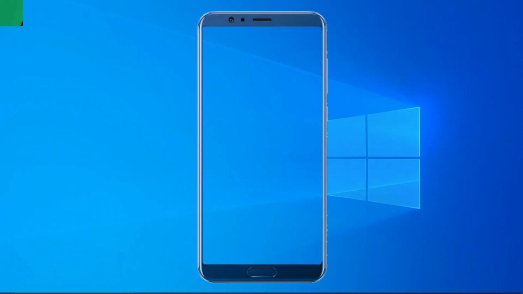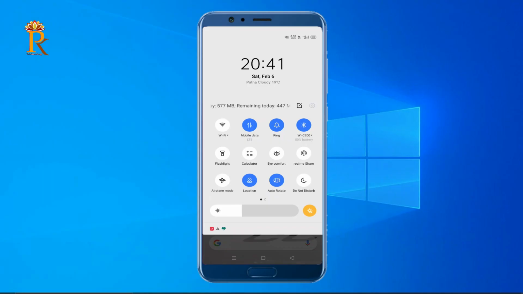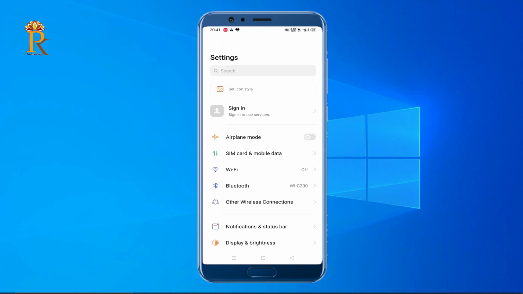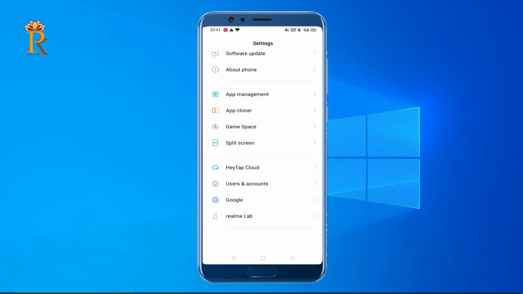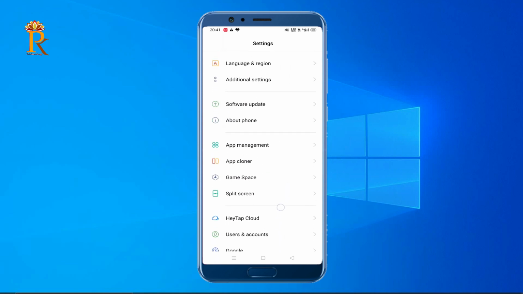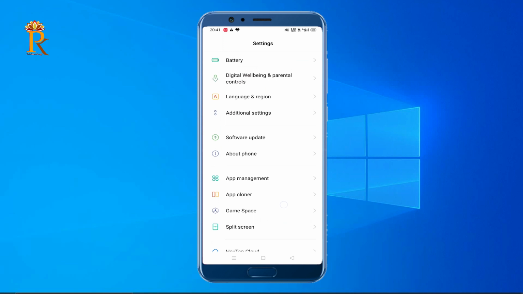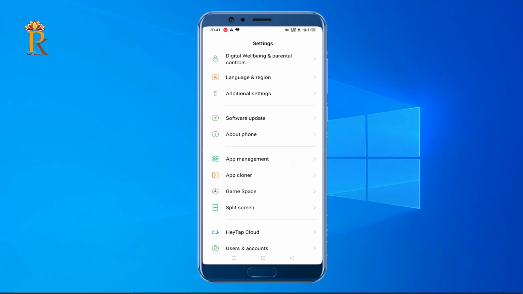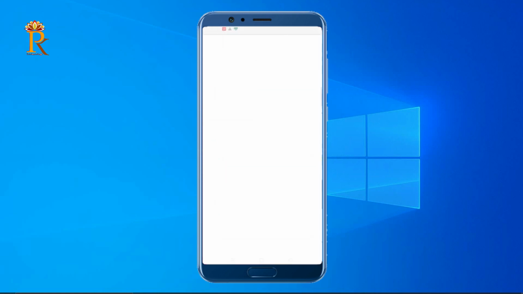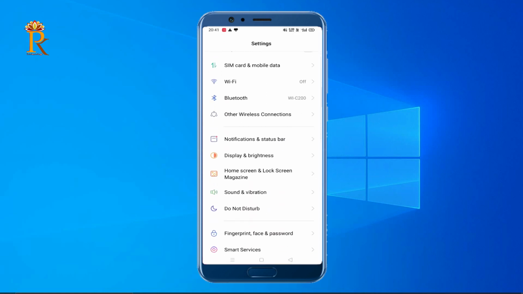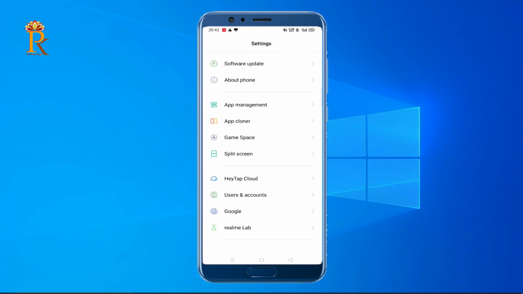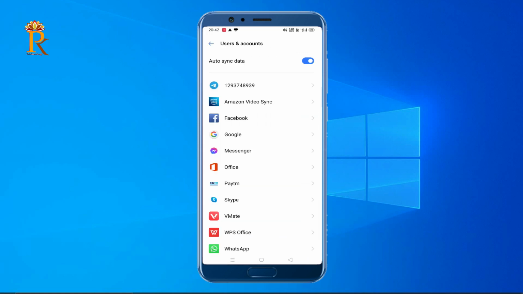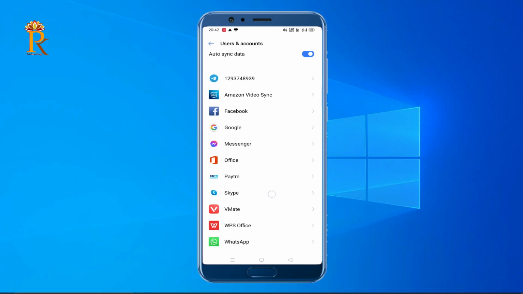or classes. If your problem persists, then we need to go to mobile settings. Once the settings are open, we find so many options there. So we need to find Users and accounts. It depends on your mobile phone in which area the Users and accounts option is. Then please find it, Users and accounts. Please click on that. Once you click, you will find so many apps there.